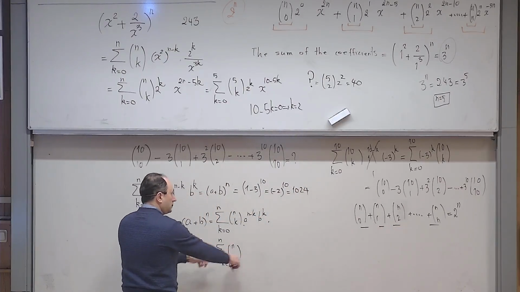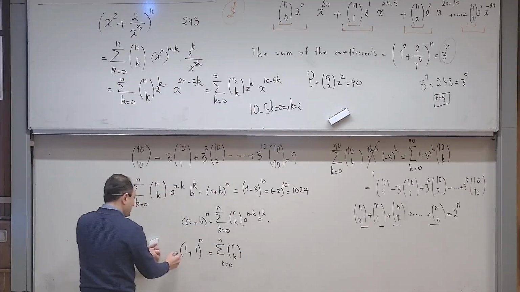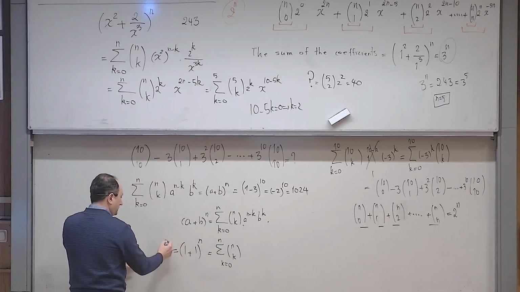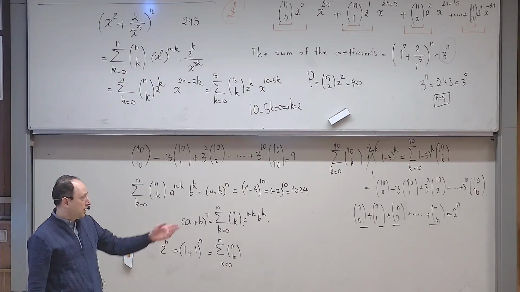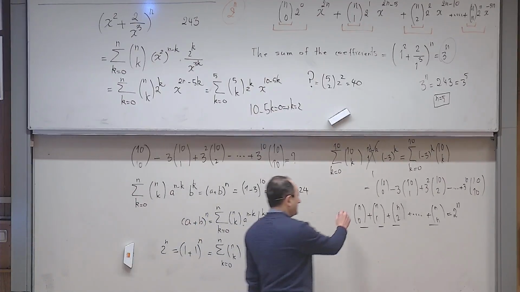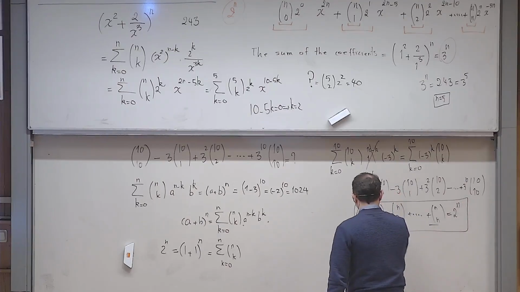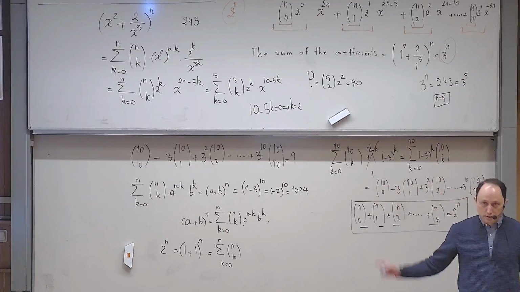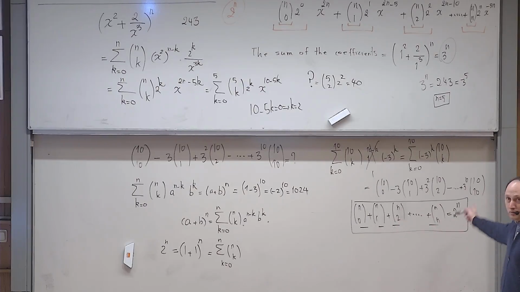So this one is the left-hand side of that, but what is this one? This is 1 plus 1 to the power n, and 2 to the power n. So that is why this is a very famous formula in combinatorics. If you have these coefficients, add them up, it becomes 2 to the power of n. But what is the story behind that? If you want to prove it using a story,